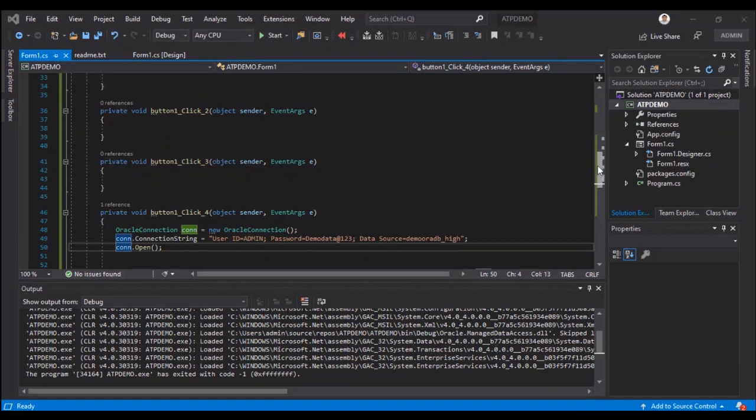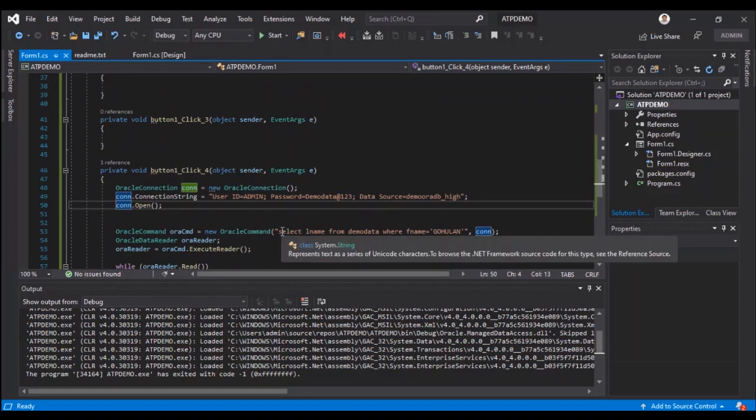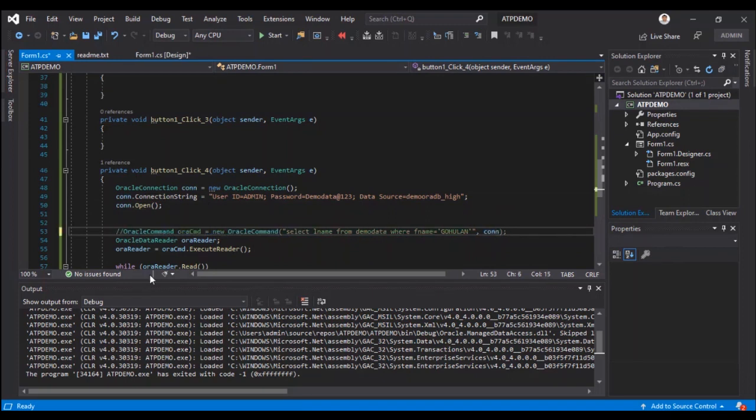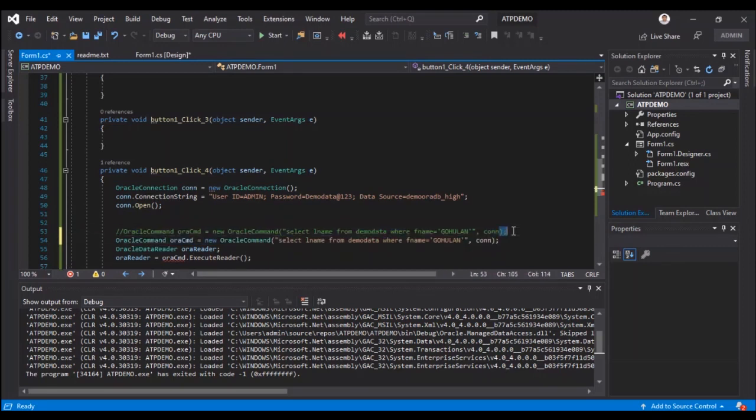So the next part, what I'm going to do is some update query in the same thing. So I just comment this statement and copy this one and paste. Here I'm going to use not the select command, I'm going to use an update command. So we'll update demo data, set fname equal Harry, and oh sorry, name equal maybe Alex,